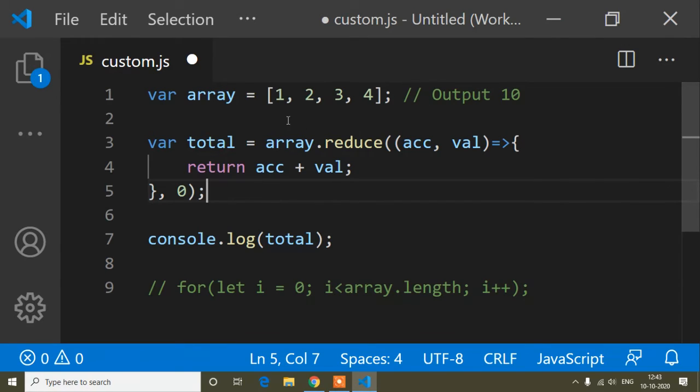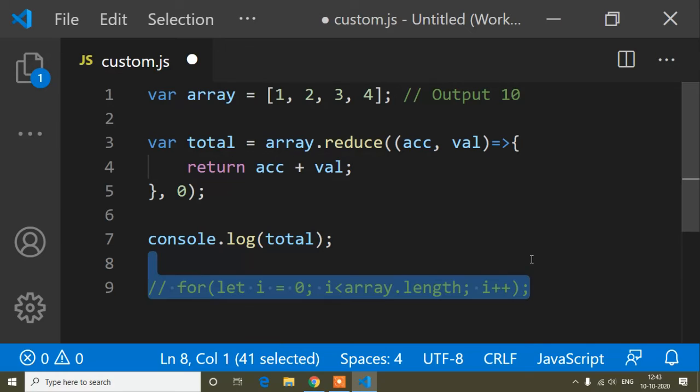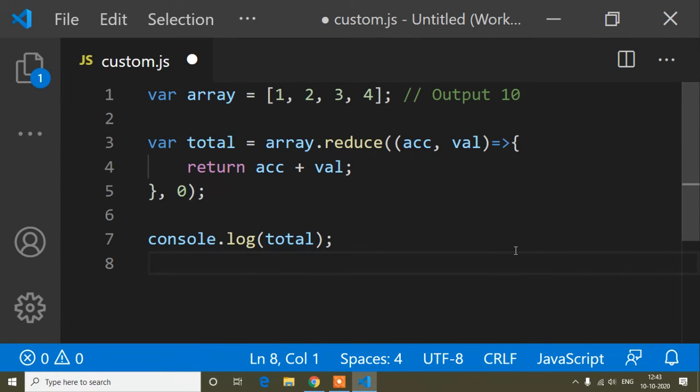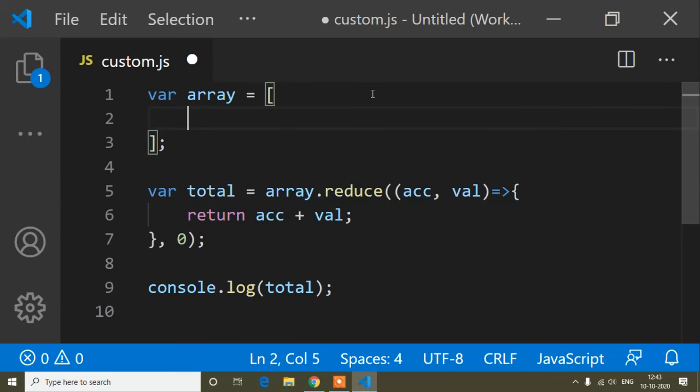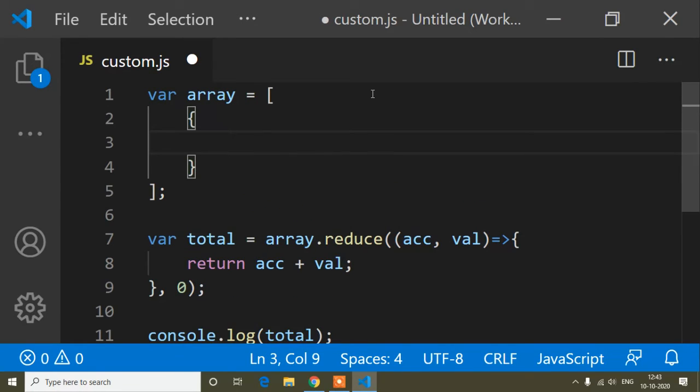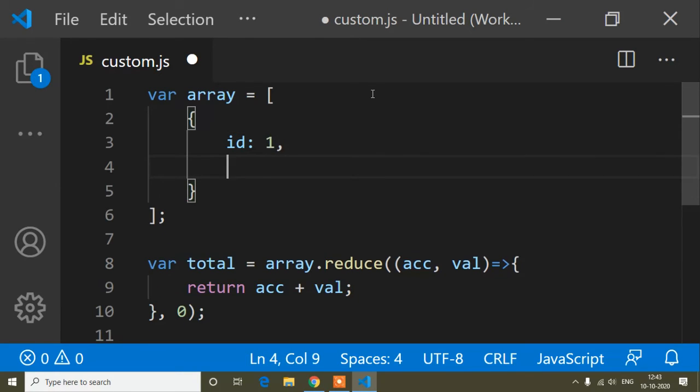Now suppose inside this array there are multiple objects. I will remove this value and create multiple objects. First I will write id, and id is 1, and here I will write price.